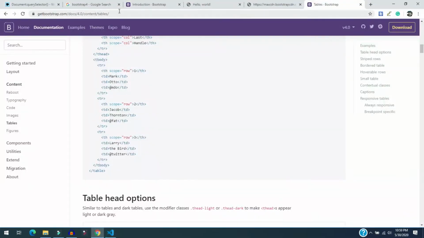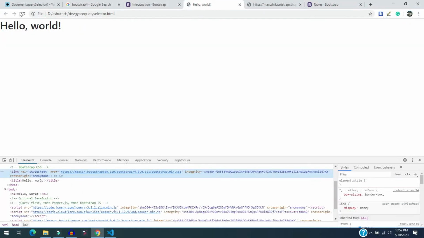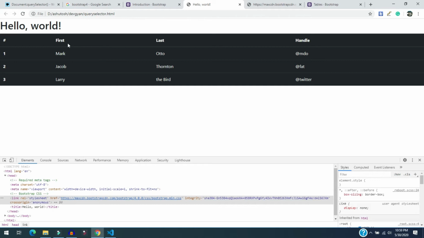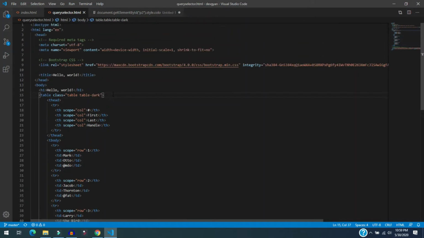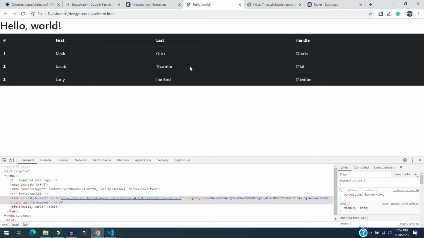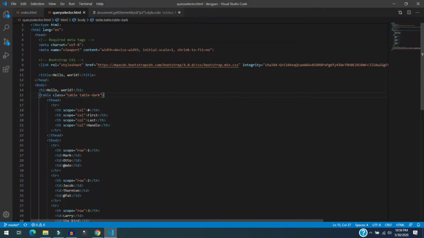Now I am going to refresh the page. So just refresh. Let's go. You got some dark color because all of this comes from the Bootstrap styling. So go there and check what classes they are using. Basically the table is using these classes, and with table-dark, if you use table-dark then you will get a dark mode, so you can see this.